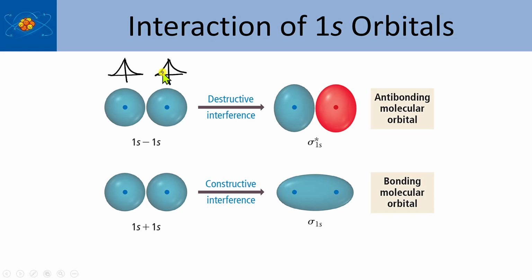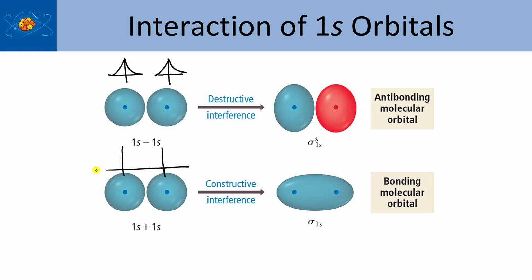And then I allow for both destructive and constructive interference. So if I take this function, place it next to this function, and subtract, what I get is a region in between the two atoms where there's no electron density. On the other hand, if I bring the two together and add them together, then in essence what happens,